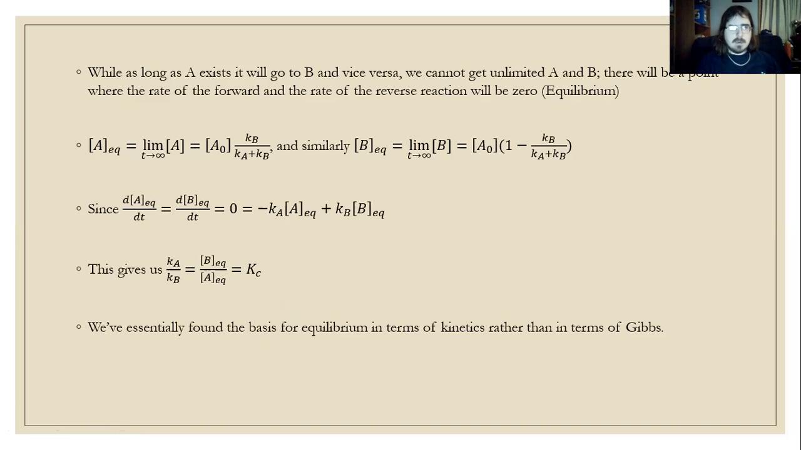Jumping back a second, looking at this, if this is significantly slower, you can say that A is going to be A sub 0 over Ka. Or,